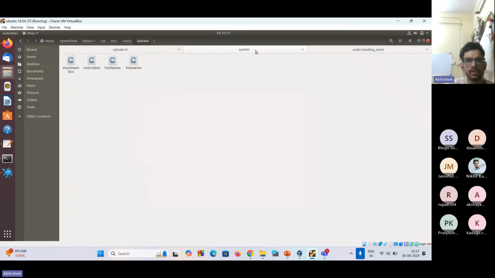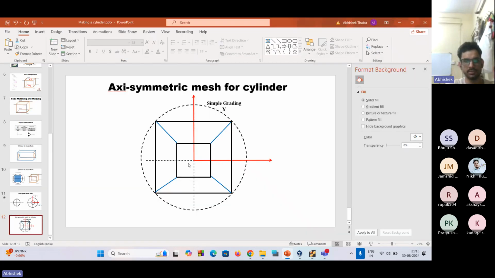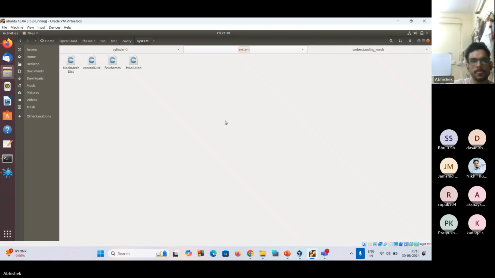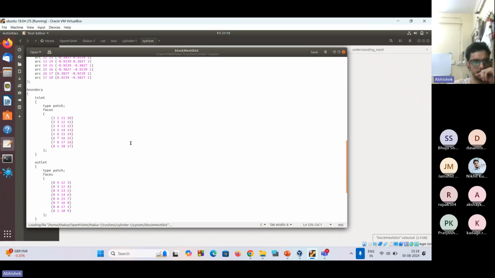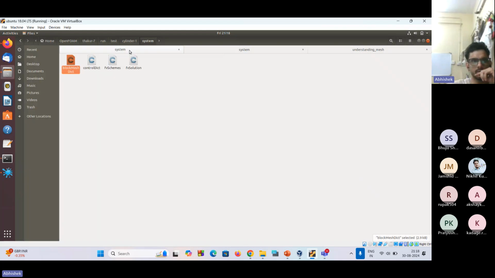Now I'll show you the blockMeshDict file and the mesh using this multi-block system. That is, we have 5 blocks. Center is 0, then 1, 2, 3, 4. I have already made it, so I'll just take you through that. We have a mesh which I have. This is not the